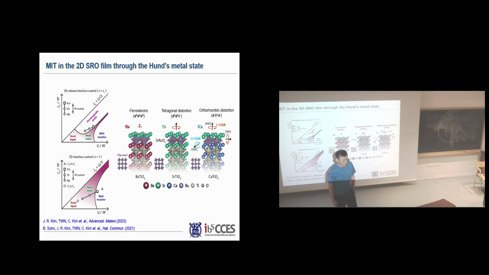Yes. So Hund's metal is a system near the metal-insulator transition, but the correlation is driven by J, not U. That's the Hund's metal. So it's quite complicated to tell how much of the incoherence is coming from U or how much from J. So we have to do a lot of detailed experiments, measure the electronic structure exactly, and compare with the theory very carefully. But at this point, we do not have that kind of really high quality data at all. Okay, but still, this is open for everybody.